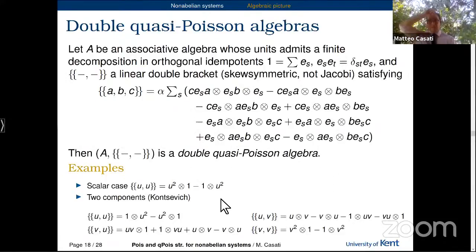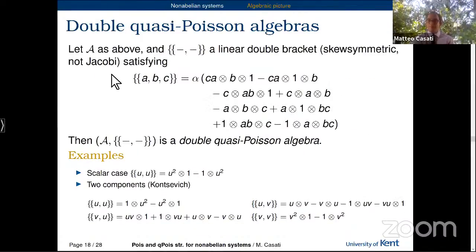But then we hit an obstacle, which is double quasi-Poisson algebras. I'm not going to discuss the definition very much because I'm sure that David and Maxime will do it much better than me. But the idea is that your Jacobi identity fails to be satisfied, and it fails in a very peculiar way, involving compositions of the identity of your algebra A. Since I'm a simple person, I take my algebra A like the one before, so my identity is just one. And having a double Poisson algebra, I've basically landed in this weird case.